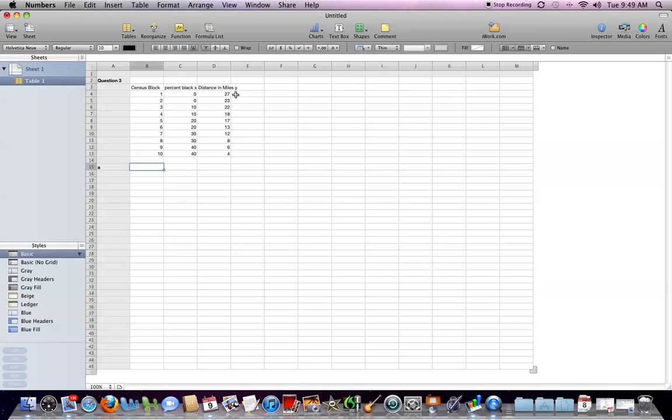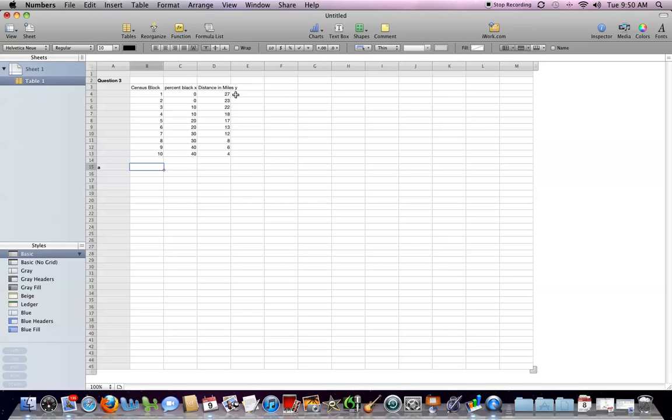Well, it's asking us what is the regression equation? That is, how do you take this verbal theory and put it into algebra? And we're trying to predict Y, that is how far you are from a toxic waste dump, and we're trying to predict that using the percentage of black people you have in your census block. And so